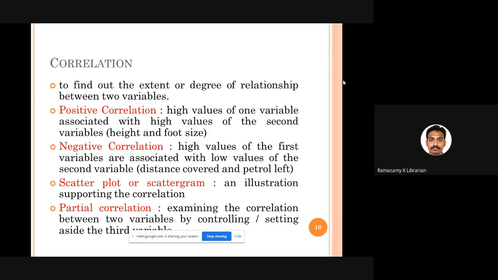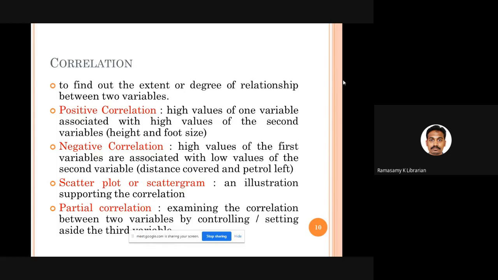Maybe extra income: he has 2 or 3 houses given for rent, and apart from his monthly salary he is getting some rent. Or there is not much medical expenditure in his family, or the family size. These are many other factors that may also influence the correlation between amount of salary and amount of savings.